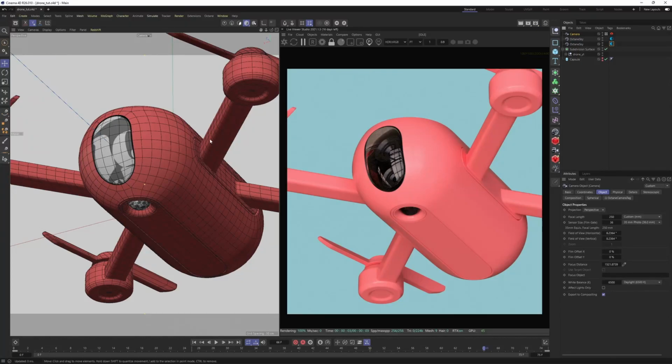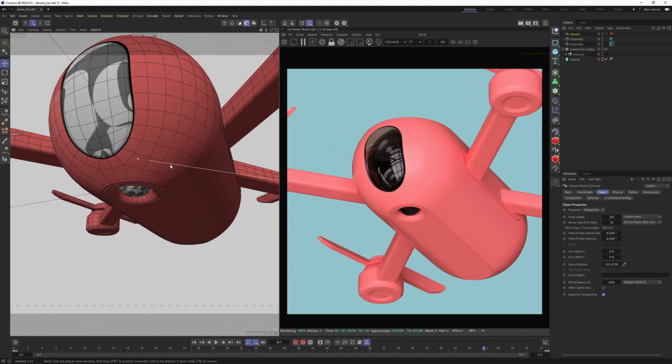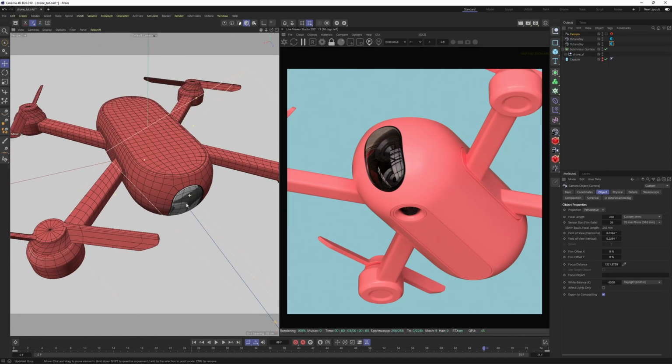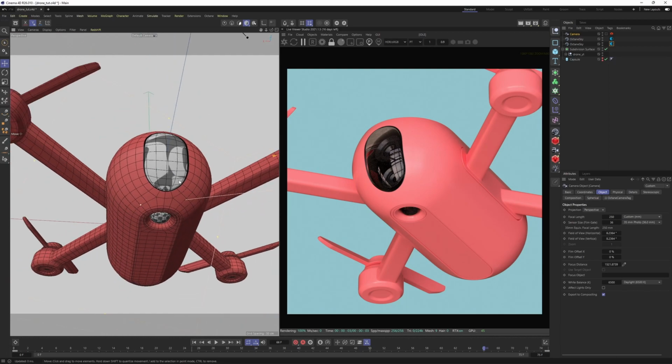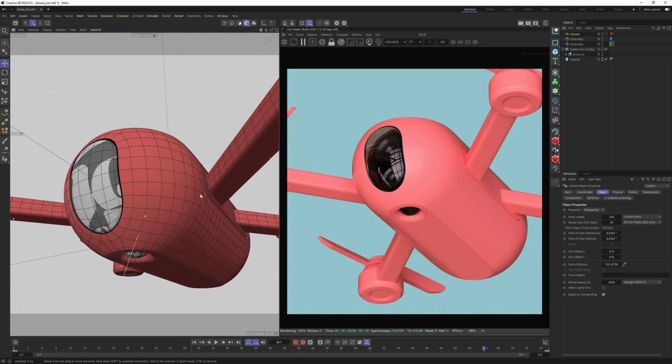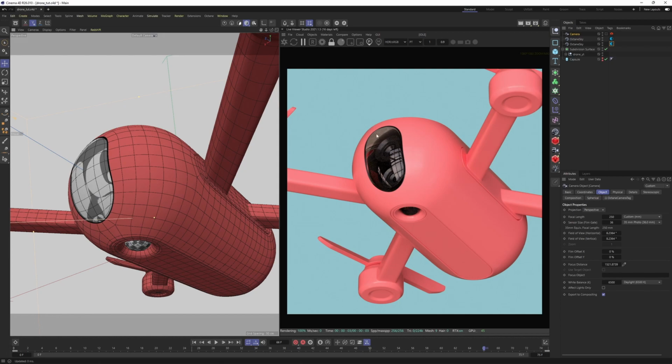Hello everyone, welcome. In this tutorial, we are going to model this mini cute drone. I'm going to put a link in the description of the real designer of this drone. You can check it out. So today we are going to model this drone with the new Cinema 4D modeling tools, especially the new Z-Remesher. Other than that, when we are done with the modeling, we are going to take a quick look at render